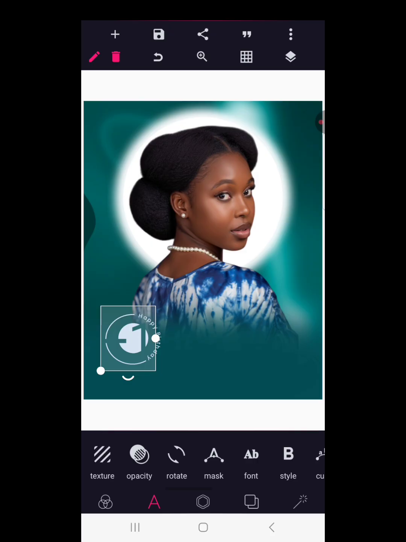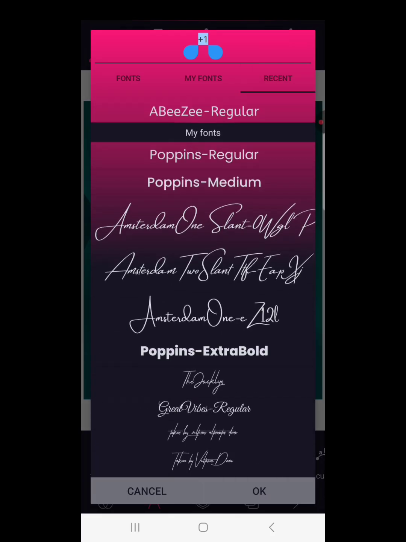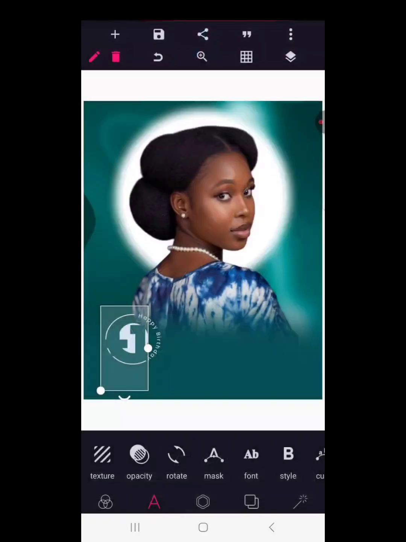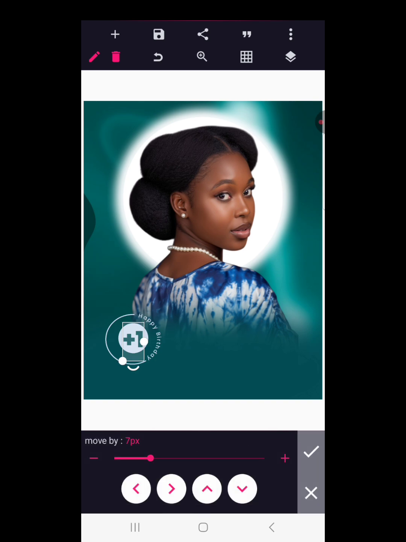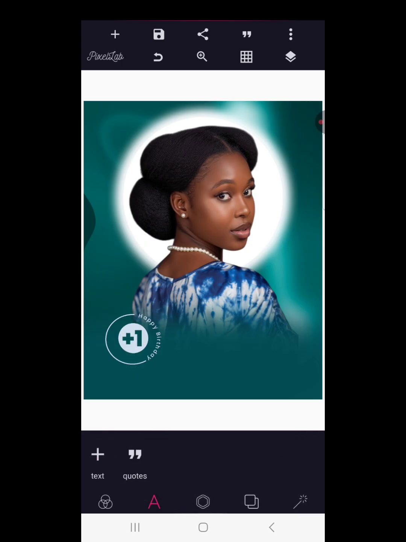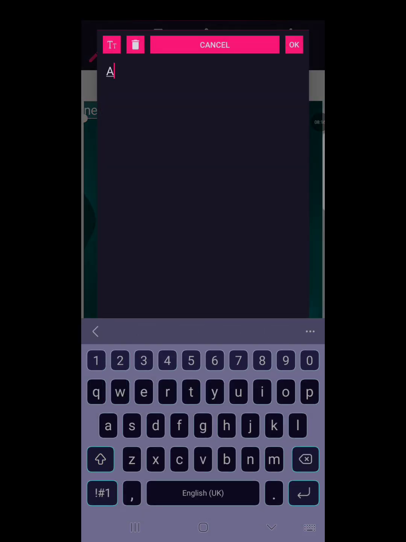I'm going to go to my font. Let's see which we can use. Extra bold, Poppins extra bold. Okay, we'll fit it directly into that shape. All right, okay, good. So we have that. Thank God. Now that we have this, I'm going to go to my text once again and write her name,